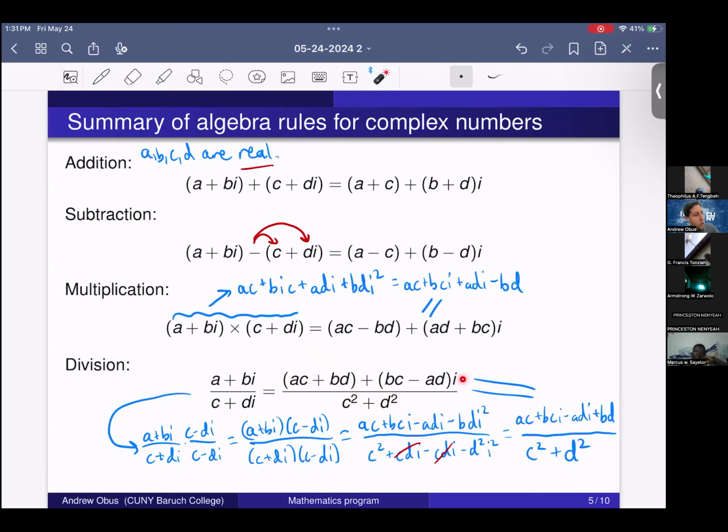So again, don't memorize this formula. There's no point. Instead, just remember the process you need to do to simplify this, which is rationalizing the denominator and then getting a real number in the denominator. And then once you have a real number in the denominator, if you want to, you can split it up into two terms where the coefficients are fractions for both of them. Okay, so this is how we do